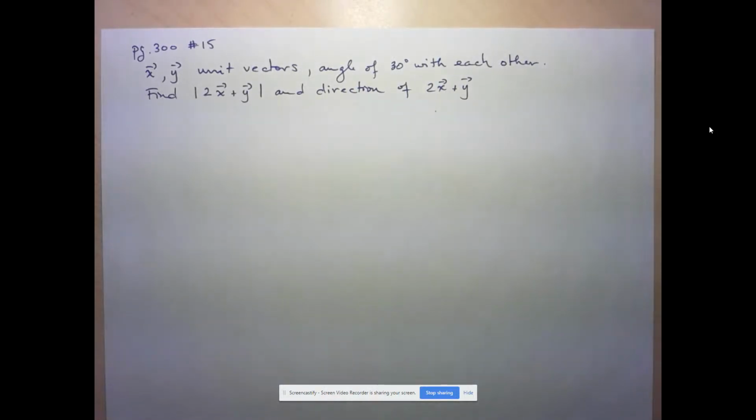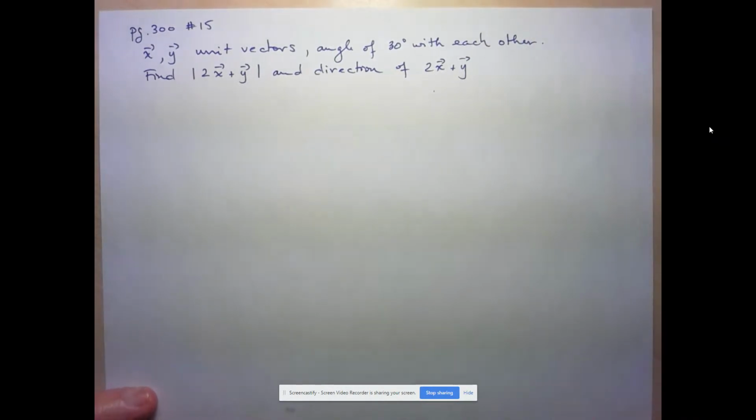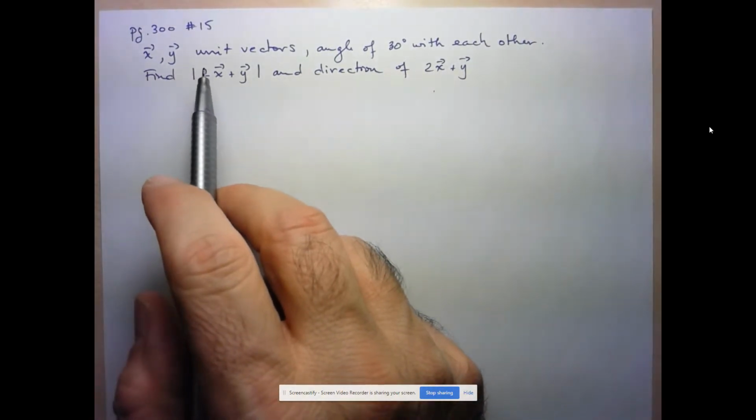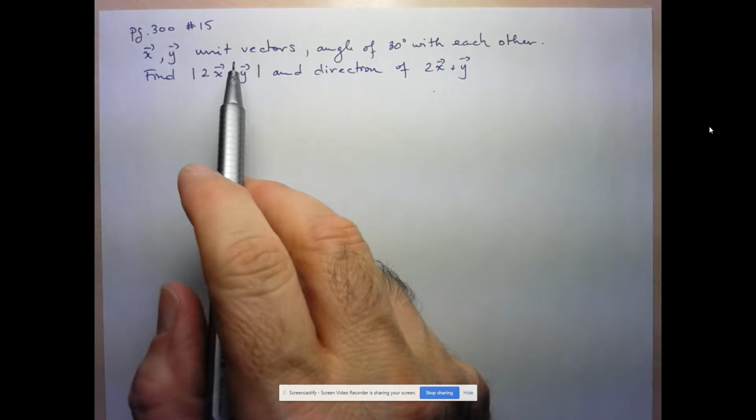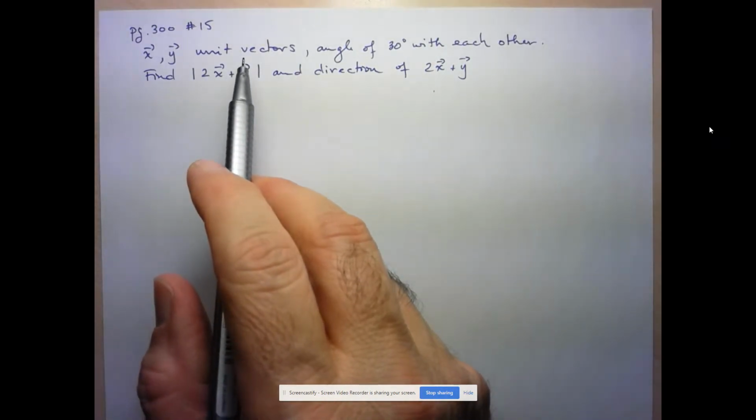Hi folks, we're going to take a look at number 15 on page 300. So they give us these two vectors, x and y, and they tell us they're unit vectors. So the first thing to recognize is what this means, and a unit vector just means a vector that has